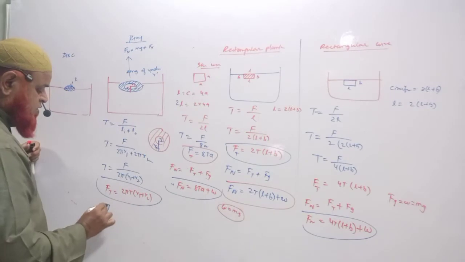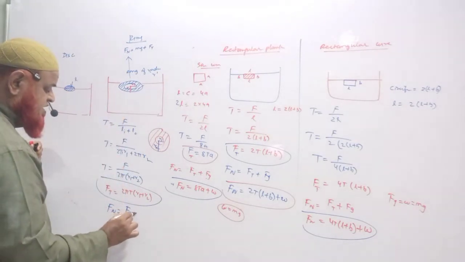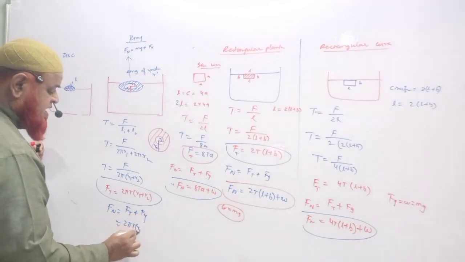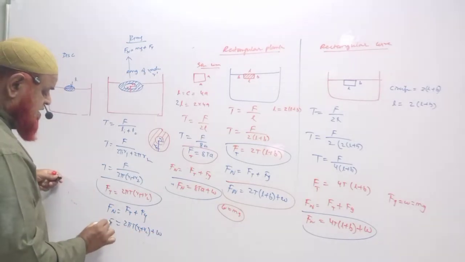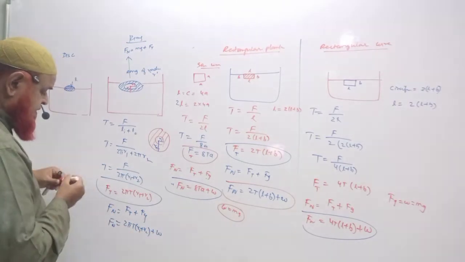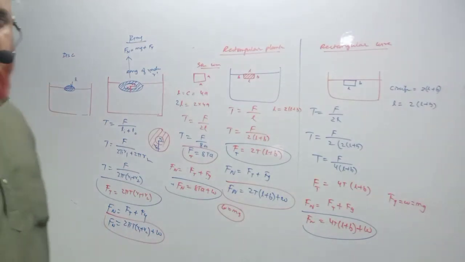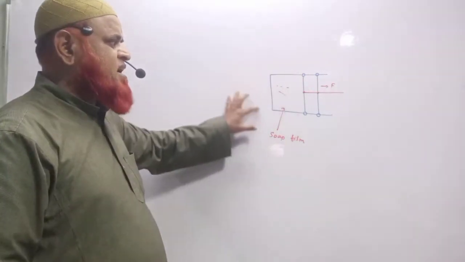Now, if you want to find out the net force acting on this annular ring, it is the force due to tension plus the force due to gravity, which can be taken as 2 pi T (R1 plus R2) plus W, which is nothing but mg here. So this is going to be the formula here. Next concept we shall go to here. The next topic is a rectangular shaped ring.